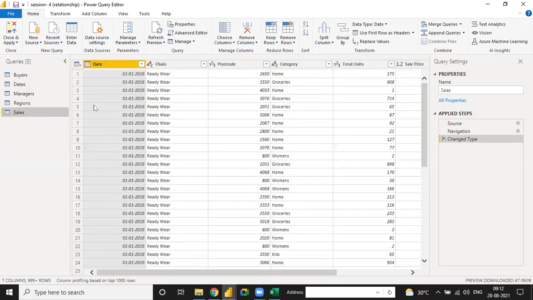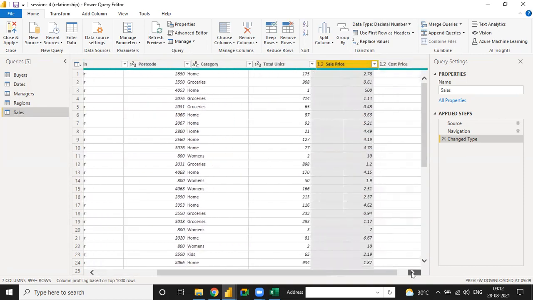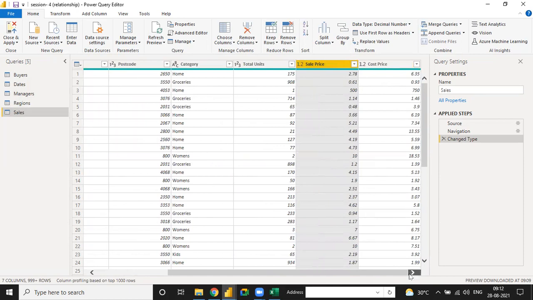And the final one, we have sales data related to date, chain, postcode, category, total unit, sales price, and cost price. So tell me, here we have a sales price and cost price per unit. If we need a total sales, then how to calculate total sales?